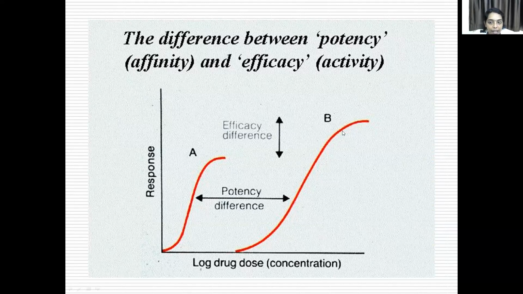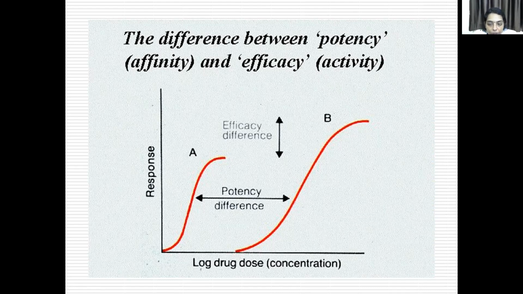So the curve for drug B is higher than the curve for drug A. So here you say that drug B is more efficacious, or efficacy of drug B is more when compared to drug A. And when you want to speak about drug A, you say drug A has less efficacy when compared to drug B, because the height of the curve is less for drug A. So this is how you interpret the log dose response curve. So again, the advantages of the log dose response curve are important, and interpretation is important.